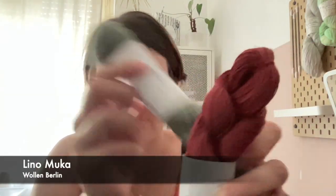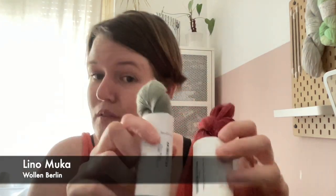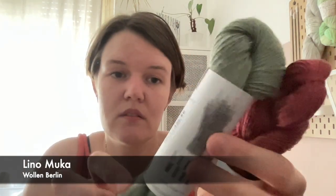But I got this as a main color, the berry, and it's called white berry. And I got vintage green as a contrast color for the handles and the top of the bag. So I crocheted with 2 strands, and to be honest, pure linen is quite hard on my hands, so